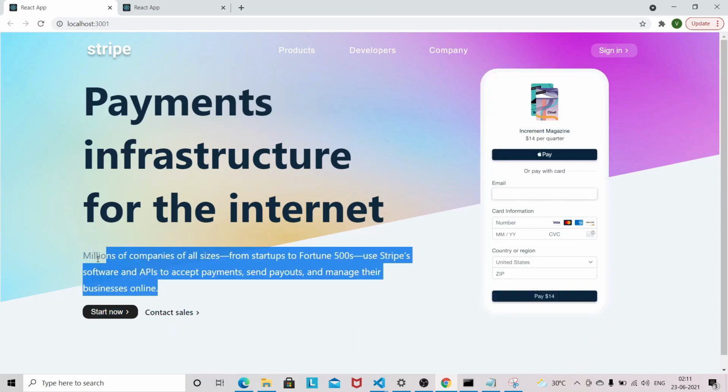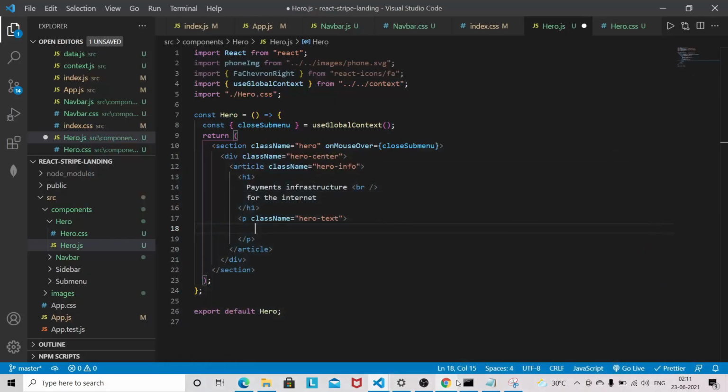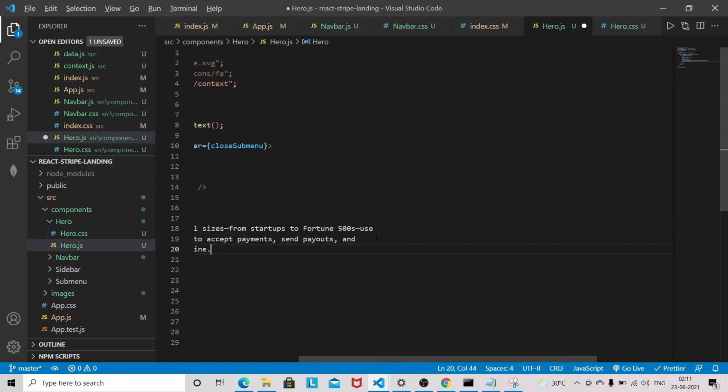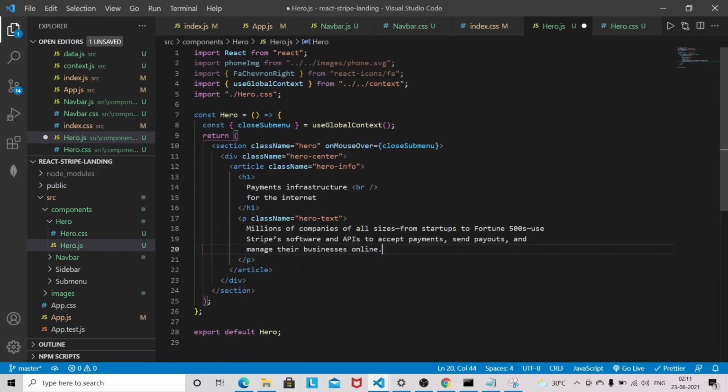So I'll just copy. I'll just do a format.